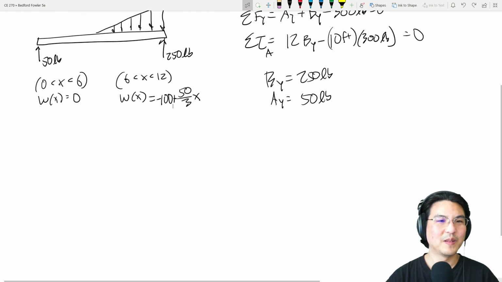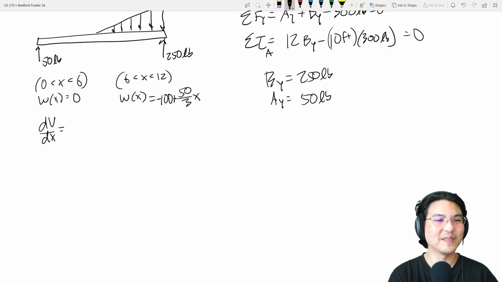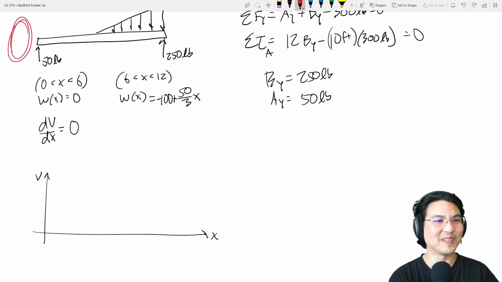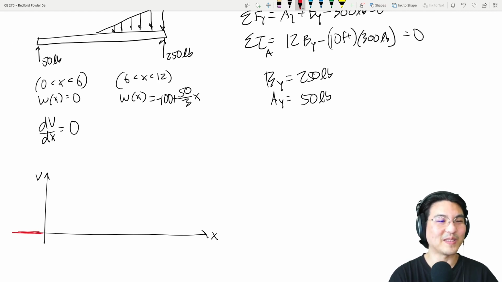Now, how do you get the shear? Shear dV/dx is minus W. So that means between 0 and 6, this is 0, which means the shear is constant. Constantly what? Over here, the shear is definitely 0, right? But then suddenly we encounter this 50-pound reaction in the positive direction, because if you cut